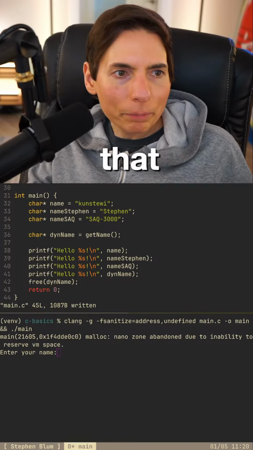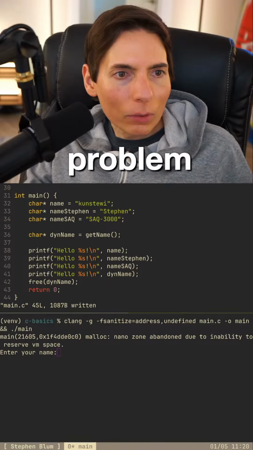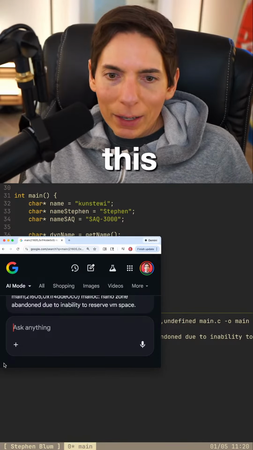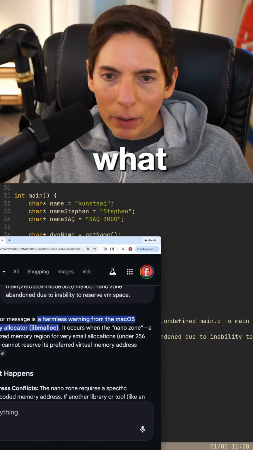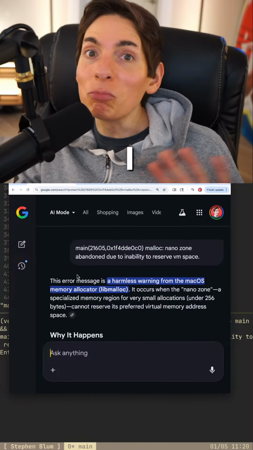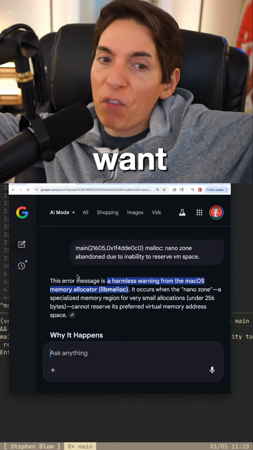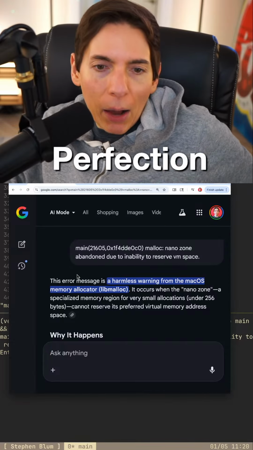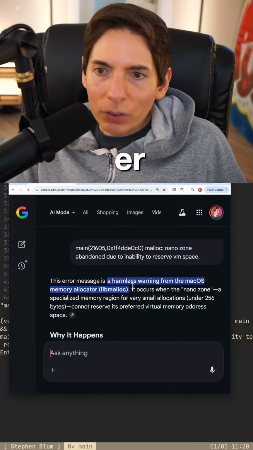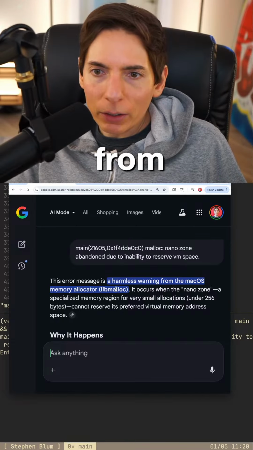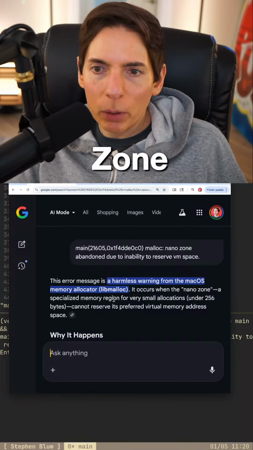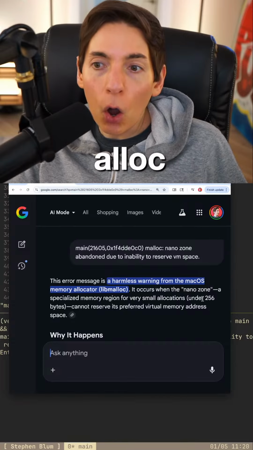What is that problem? We'll bring this up here. What is this? Help us, internet. What is this about? Harmless warning. Okay. I want to make sure, I want perfection. Okay. This error message is a harmless warning from the allocator. It occurs when nanozone, a specialized memory region for very small allocations,